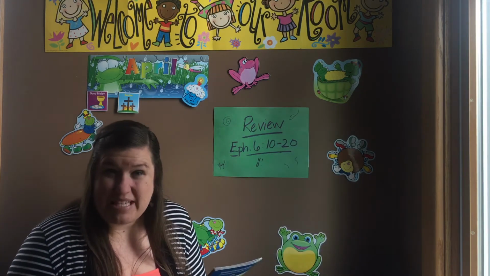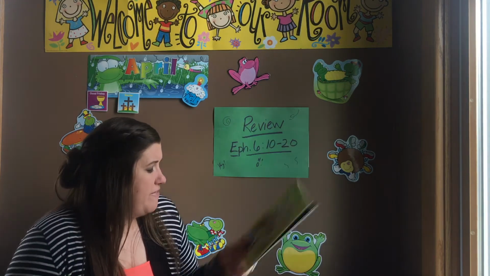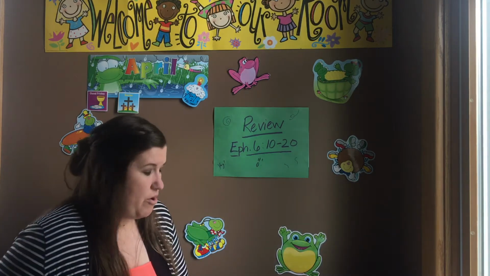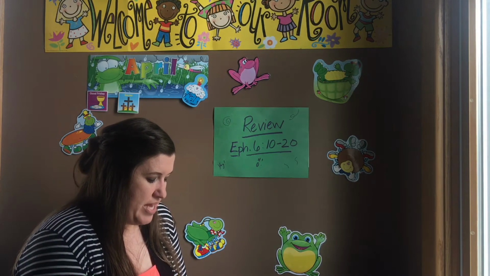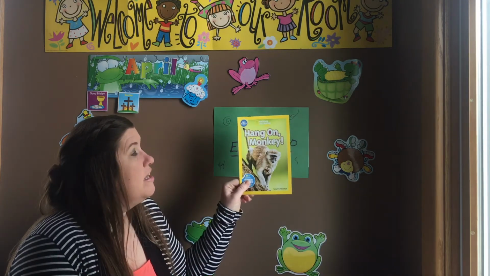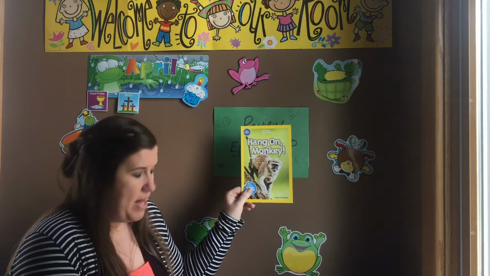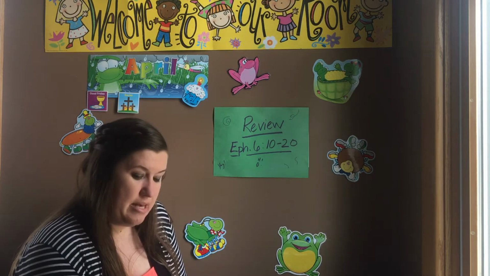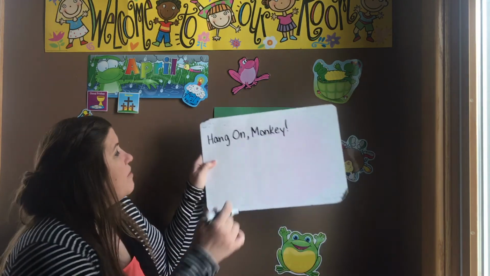I did not have a habitat book, but your books will be about habitats. So if I was going to document this source, if I took something out of this for my research project, I would have to write the title, Hang On, and when they capitalize their letters, you capitalize your letters. Hang On, comma, a capital Monkey, and then an exclamation point, just like they did. And then, so I have Hang On Monkey!